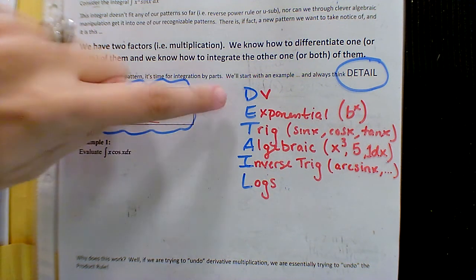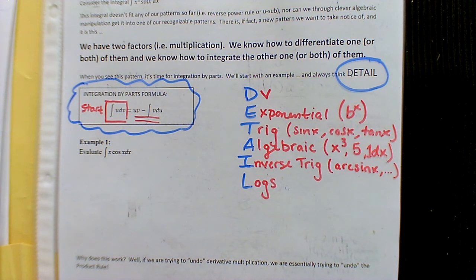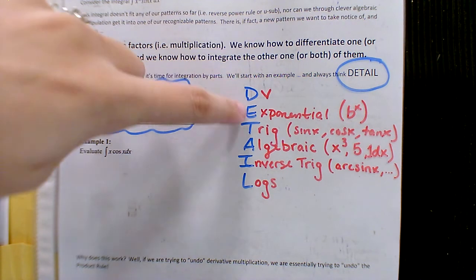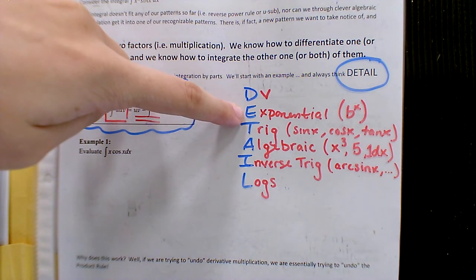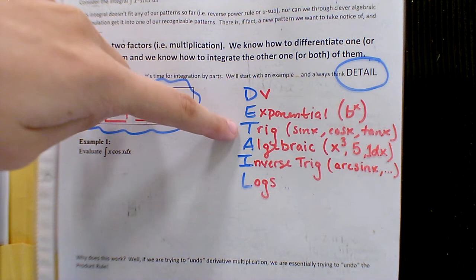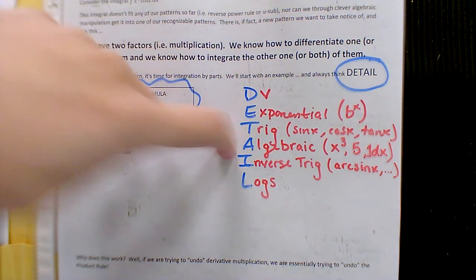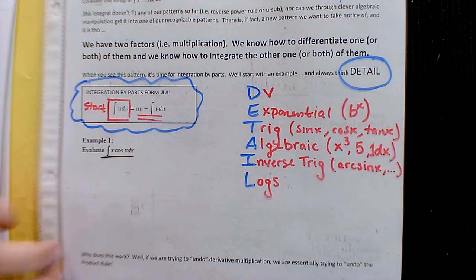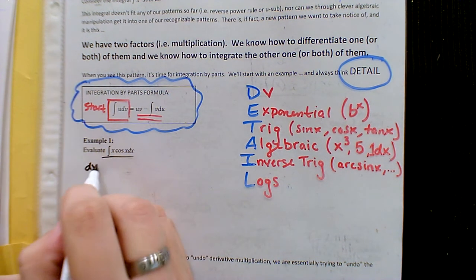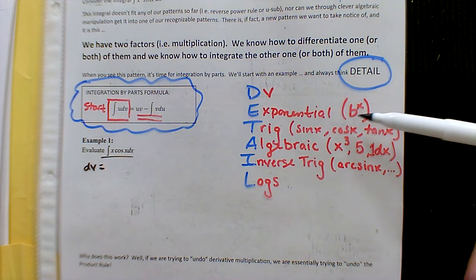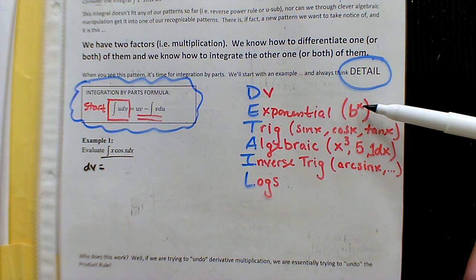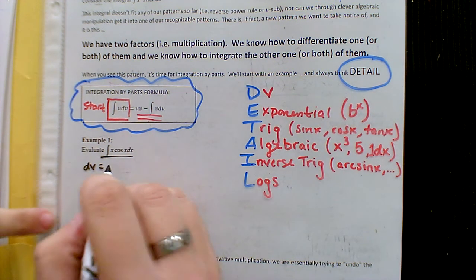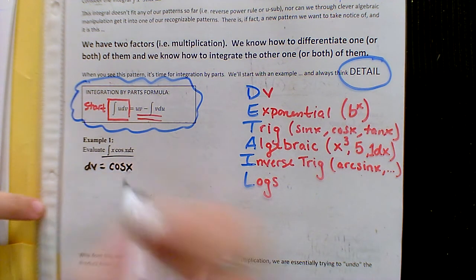Okay, so this method, DETAIL, is going to give us a way to specifically choose dv. So we first want to look for any exponential function. If we don't have an exponential, we move on to trig. If we don't have a trig, we'll move on to algebraic, and so on and so forth. Okay, so taking a look at our first example here, what should we label as dv? Do we have an exponential in there somewhere? A number to a power? No. Do we have a trig in there somewhere? Yes. So we're going to let dv be cosine of x,